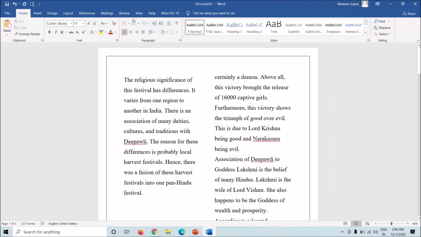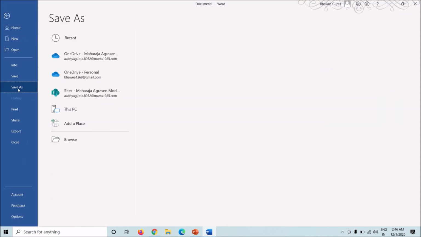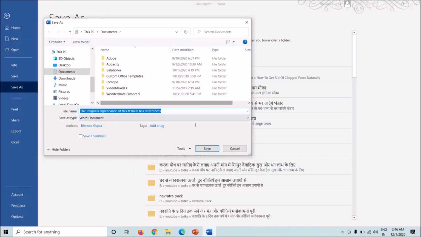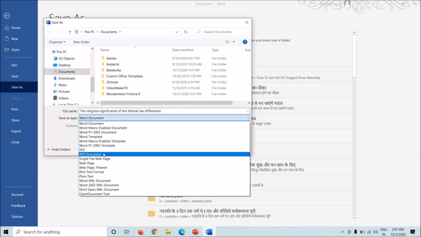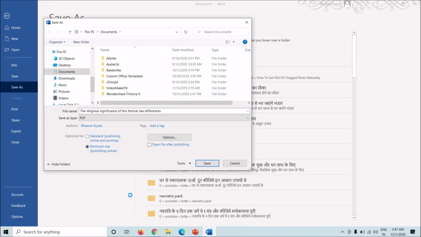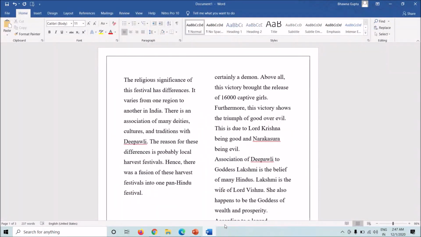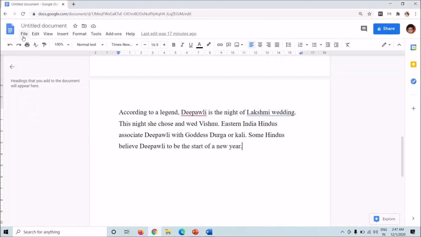Before I end this video, I would like to show you one last thing, which is how to save a Word document in PDF form, which a lot of students might need to do. It's very simple. You just have to go for the option File, Save As, choose where you want to save the file, and in the Save As type, you go for PDF instead of Word. It would be automatically saved as PDF. Right now I'm not saving it, but it would be. Now the other option